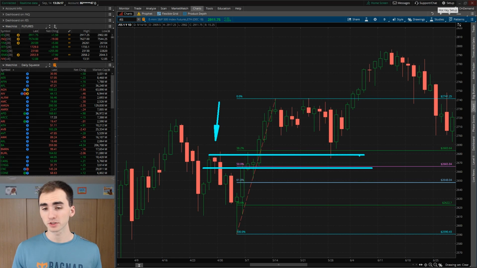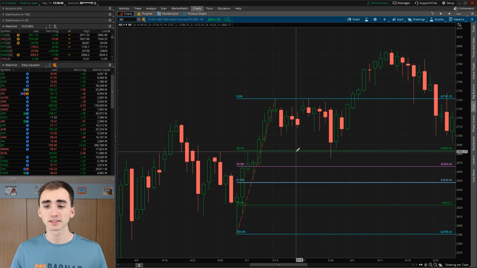But again, these are just levels, and you're going to want to have potentially an oversold indicator to buy into the market. But once you see this market bottom here, you can buy into this and potentially ride out this whole move as the market reverses back to making new highs. Moving on to the next swing,